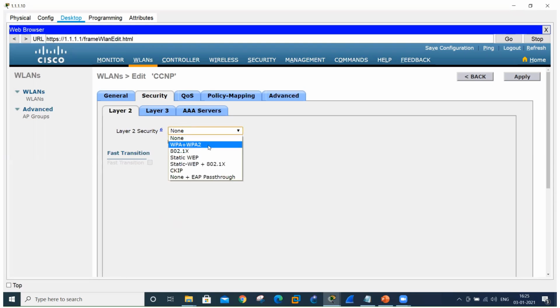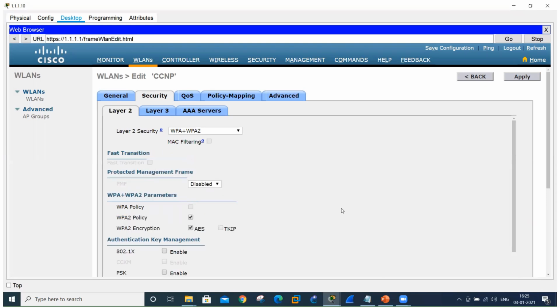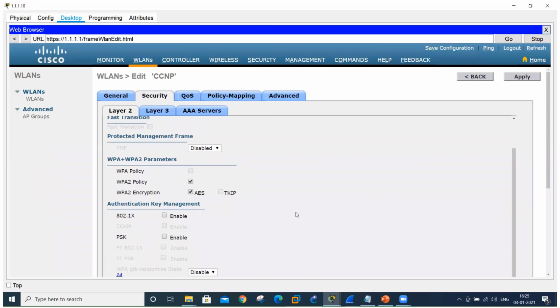plus WPA2. So WPA3 is the latest one, which is supported on the latest controllers. But currently on the controller model that we are using, that is having only WPA or WPA2. Select both of them, and I will not go for the WPA, but I will go for WPA2 policy. Select this one, the latest one. And once that's being done, now